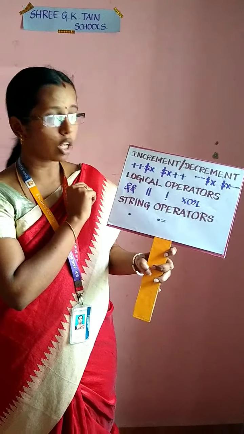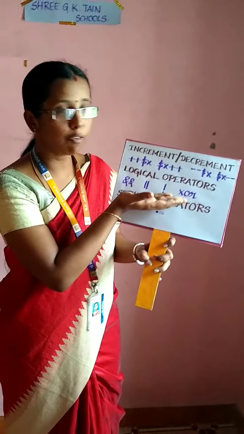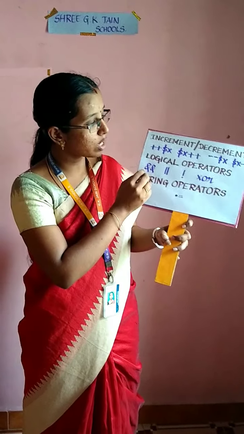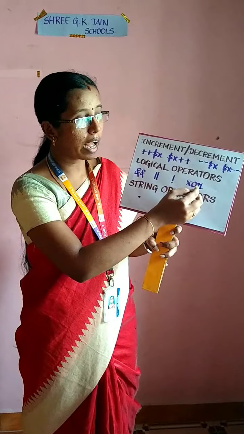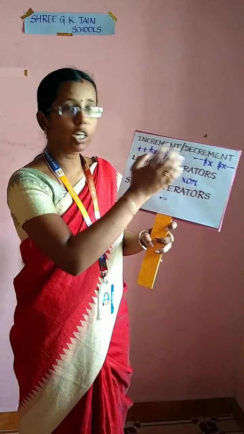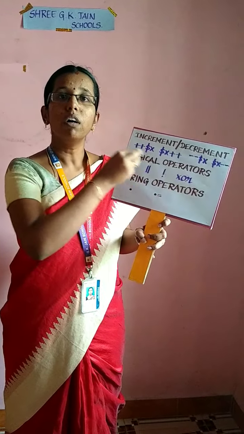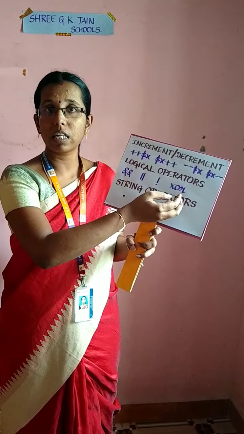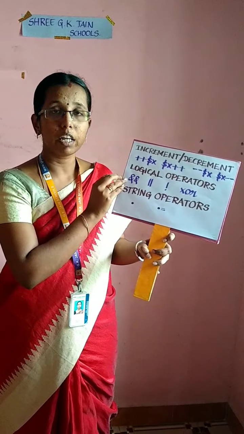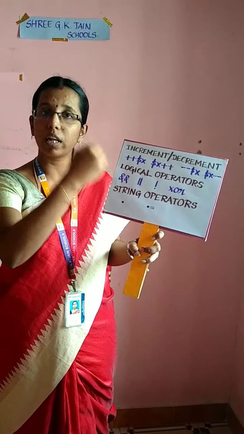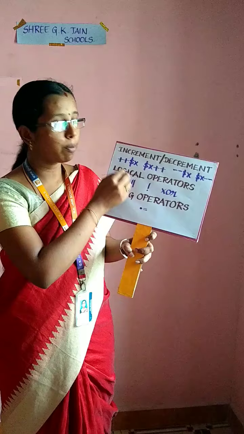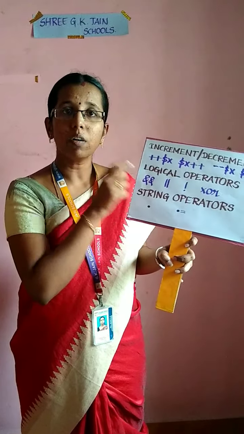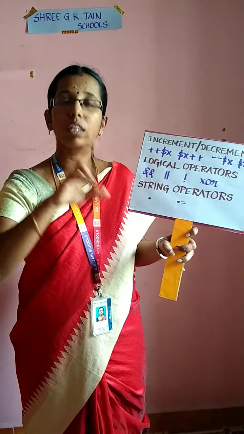And next is your logical operators. And these are the four basic logical operators that you are using in PHP. The first one is AND, OR, NOT and XOR. Logical operator in the sense it is used to combine your conditional statements. Like for AND, if I am giving, for example, $x and $y, if you perform AND operator in between x and y, it will return only true if both the values are true.